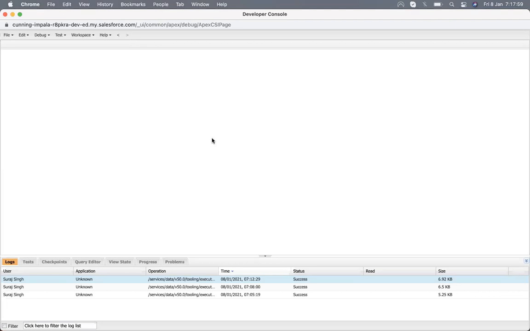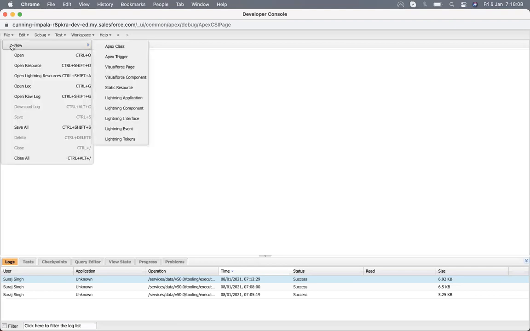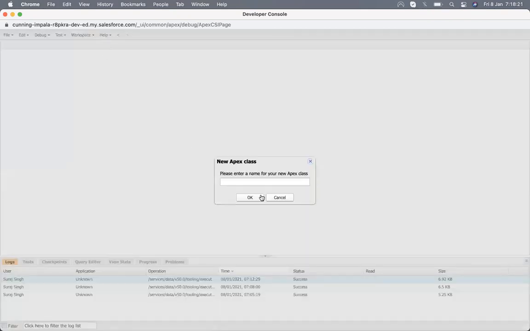So for declaring a class inside Salesforce, we come up here and write new, and you can see there are so many things. First we discuss the classes, how we declare a class, then we move to other things. When we click on class, it will ask for the name of the class.